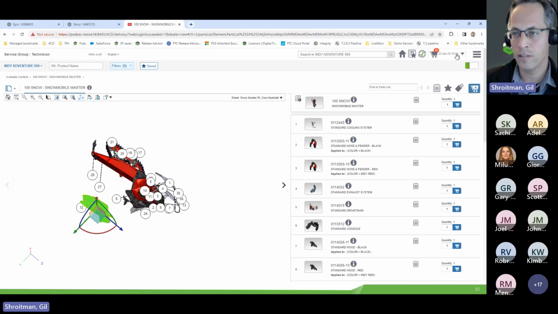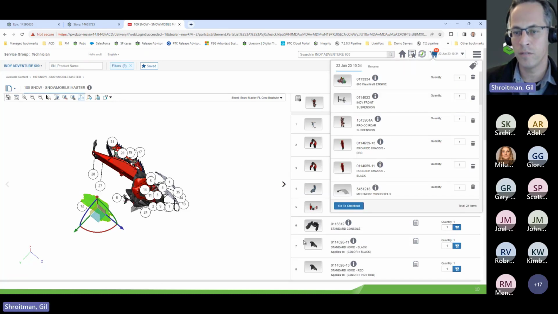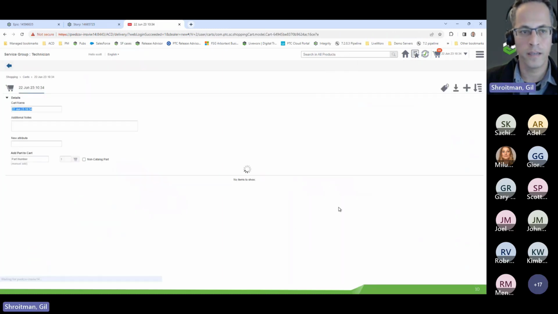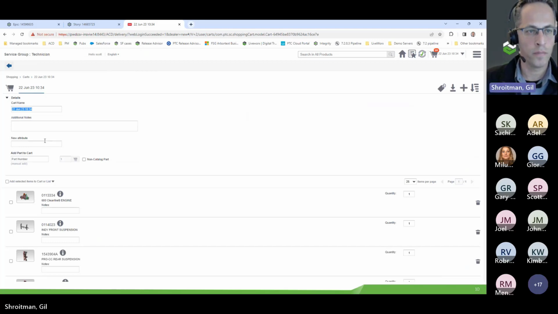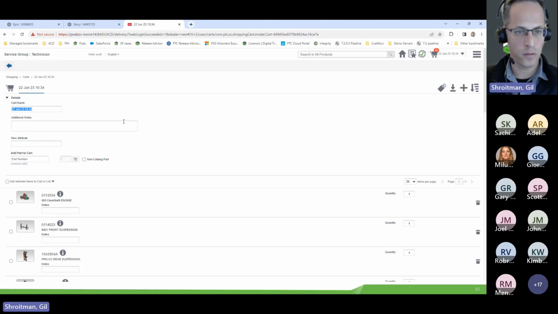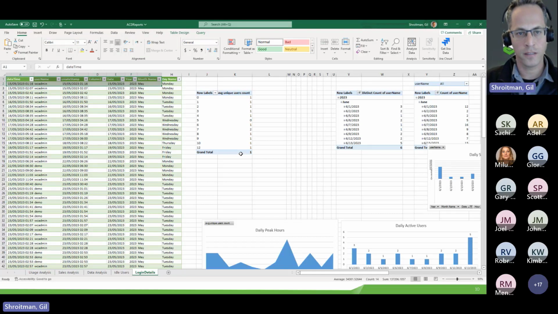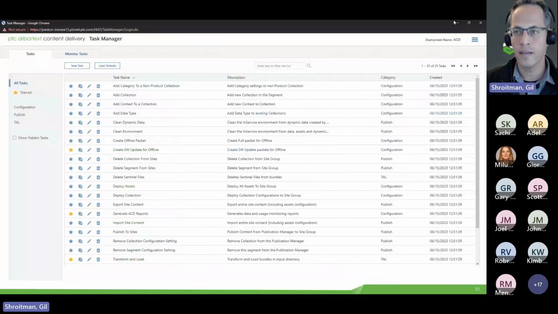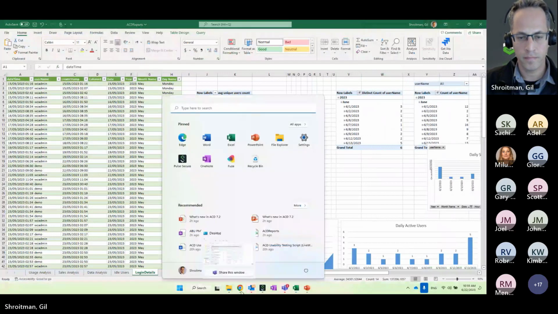Once you're finished and you would like to place the order, you can go to the preview, go to checkout here, and from the cart shopping page, you can see that there is additional information you can add here. One important thing that, as I mentioned, we've improved or automated is the entire sync process for preferences as well as attributes. So if, for example, let me go back to this offline admin